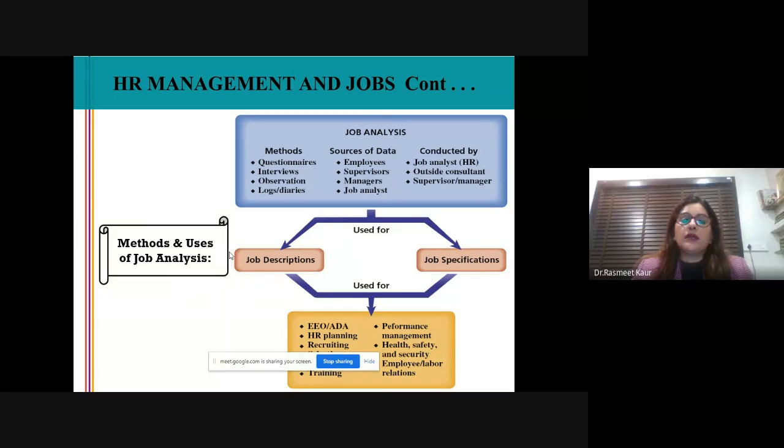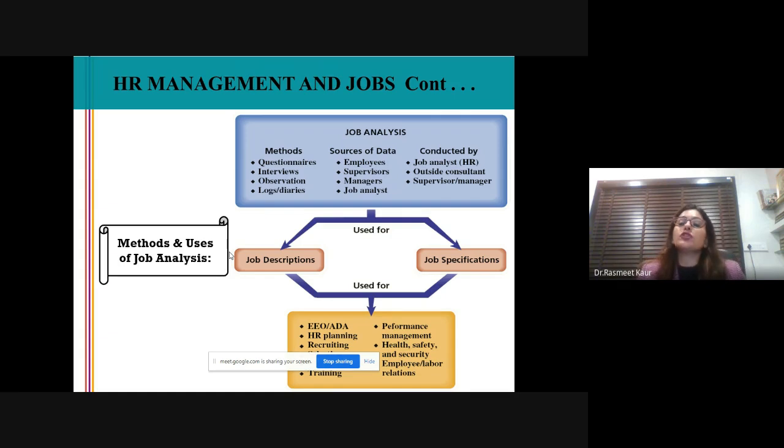Now, we will be discussing all these points which are mentioned here, and this is basically the unit we are doing. It covers all these things. It is there in the PDF. Just go through that later, and it will help you connect with what I will be explaining now. As I just said, when we do job analysis, we prepare a job description, which is regarding the duty, role, and responsibility of that job holder. When we make a job specification, we talk more about the skill, knowledge, and ability.